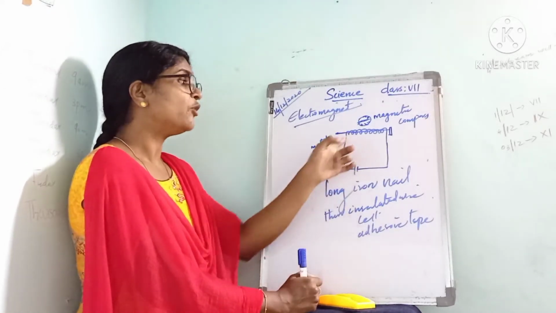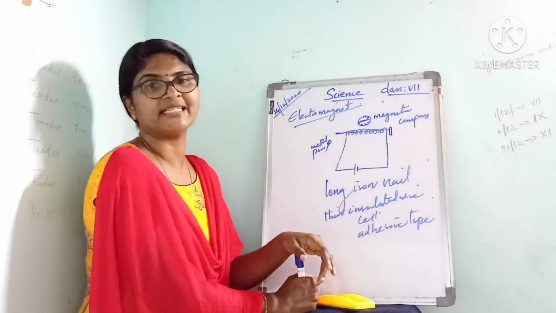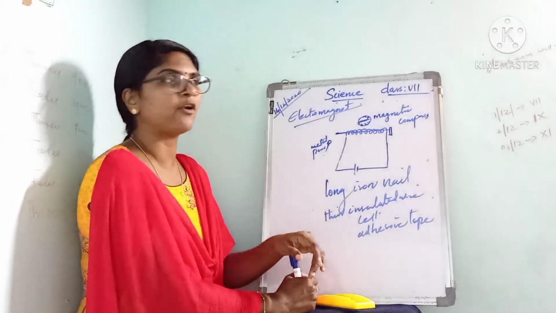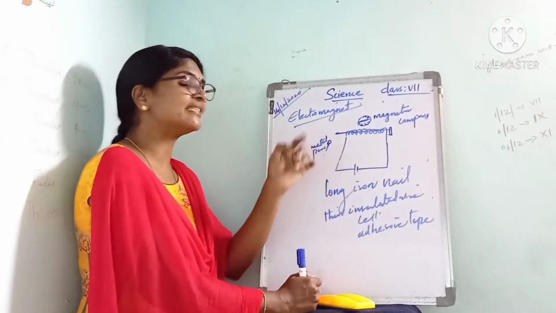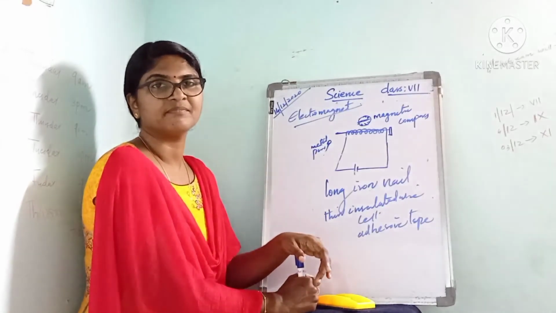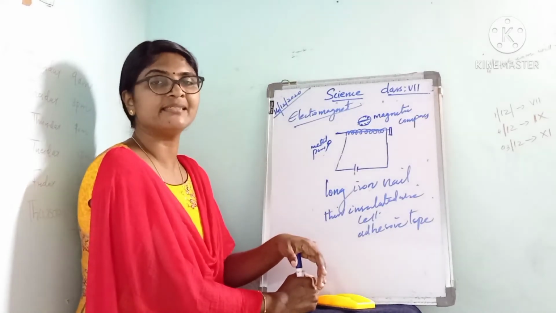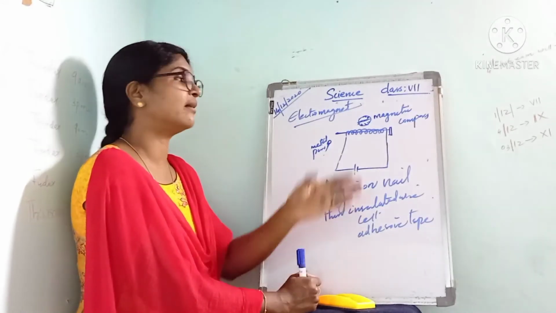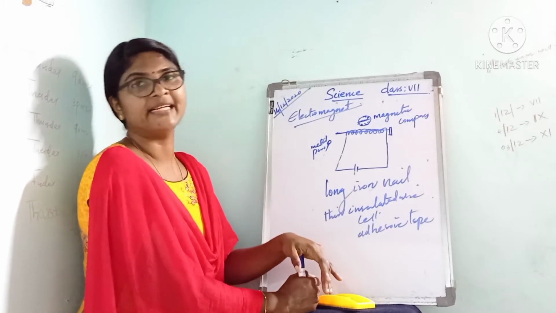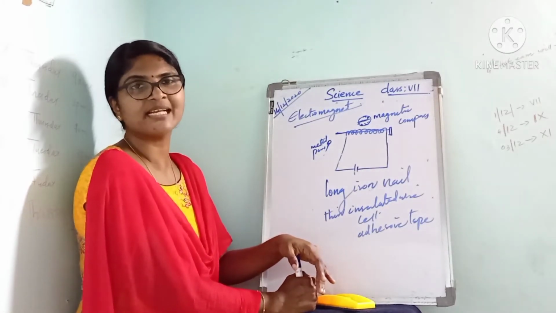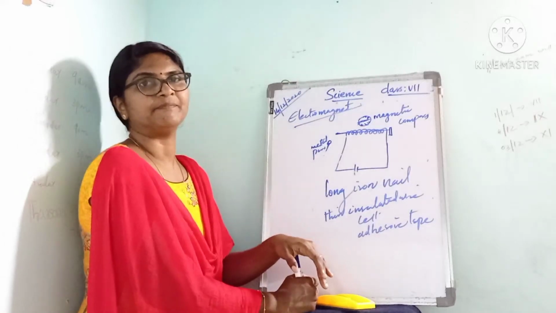Then connect the loose wire of the circuit to the positive terminal of the electric cell. That time we can observe that this coil behaves as an electromagnet and attracts the pins. Then we can disconnect the electromagnet. Then after 10 minutes we will observe this magnetic compass. That time it does not show any deflection. Okay, children, that is the way to make an electromagnet.